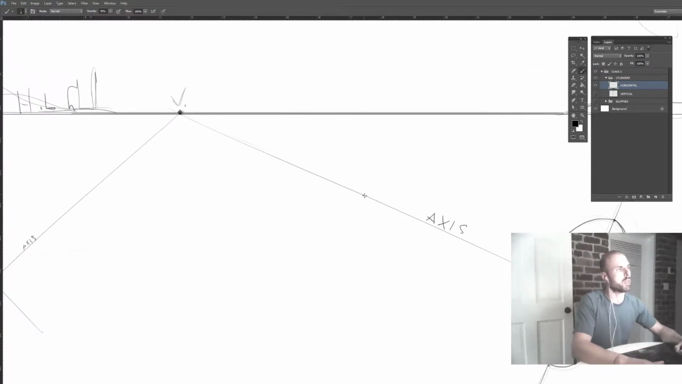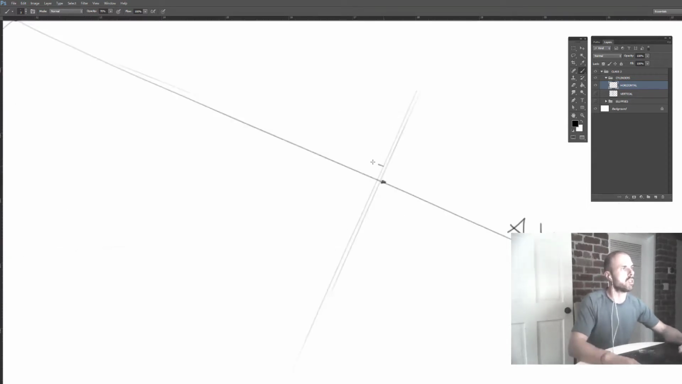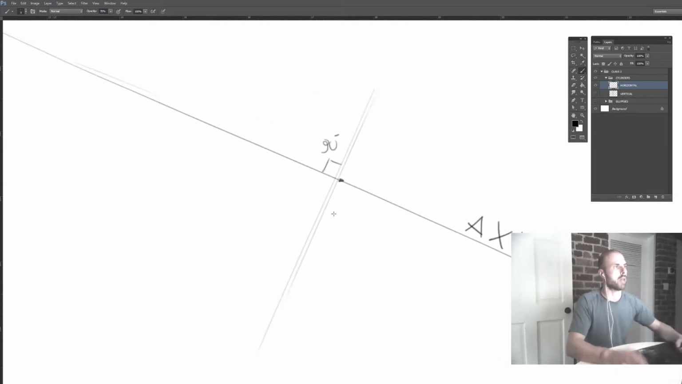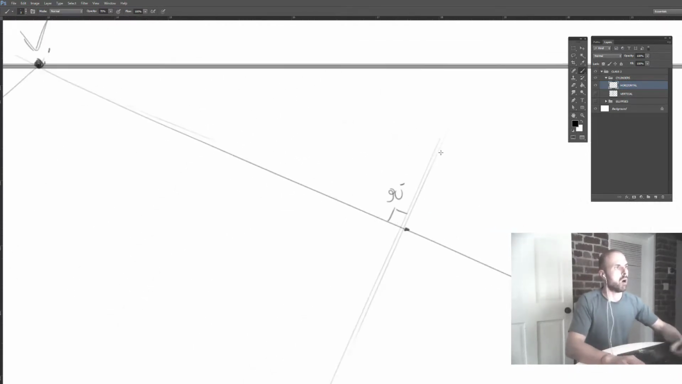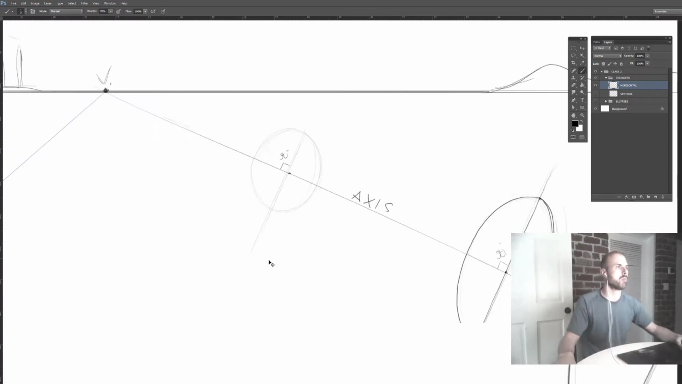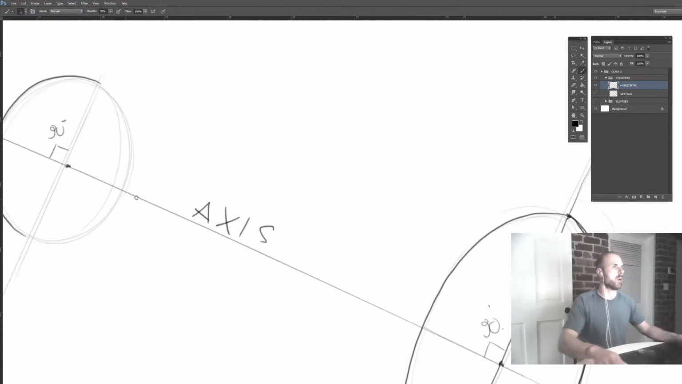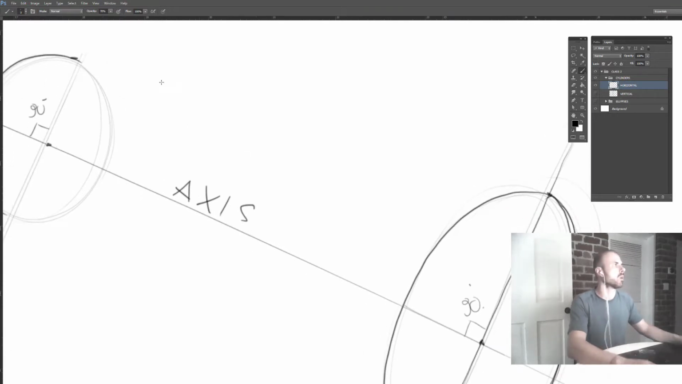I'm going to identify another point here, a 90-degree line again. Again, this is a 90-degree angle. And here I'm just going to sketch a smaller ellipse that also is going to be wider. So check what I do. It's smaller and wider. I'm going to show this part of the ellipse, and now I'm just going to connect